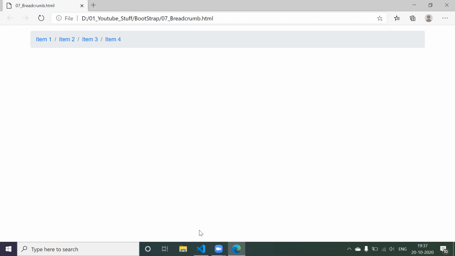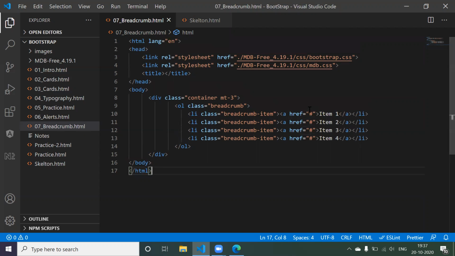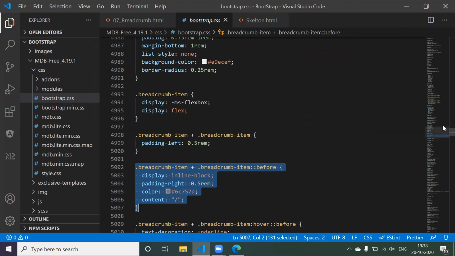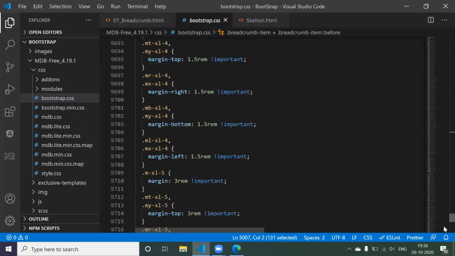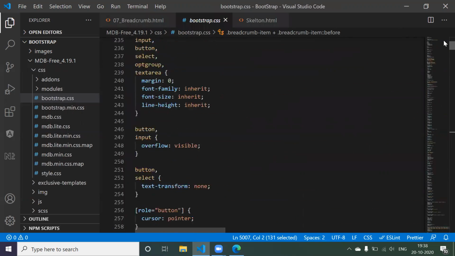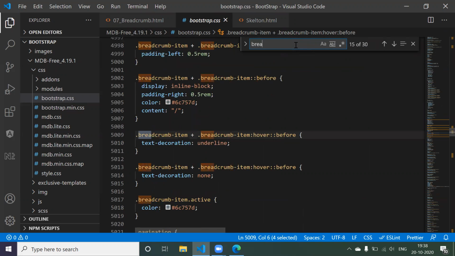Now you wanted to change this, so first of all you need to find what code they have written. So just do one thing, keep the cursor near your Bootstrap CSS, right? Control and click this particular thing. So we got all the Bootstrap classes they have provided us. Now we wanted to find breadcrumb, right? So just Control F, yes, Control F, you are going to get something like here. So just search breadcrumb